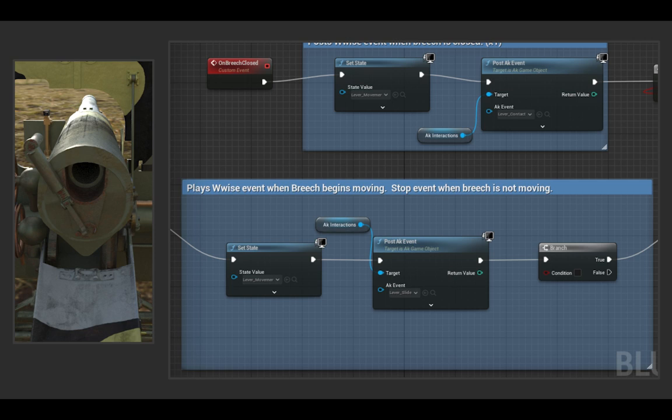For example, when the player is opening the breech, a metal grating sound would be heard, but should stop when the player lets go. At first, I thought this was as simple as telling the sound to play when the player grabs the handle, but that would mean it could play even when the handle is not moving, so long as you're gripping the handle. I instead had to use one of Wwise's game syncs called states that influenced the audio whenever the player grabbed or let go of the handle. Depending on the action, the audio would then quickly fade in or out.